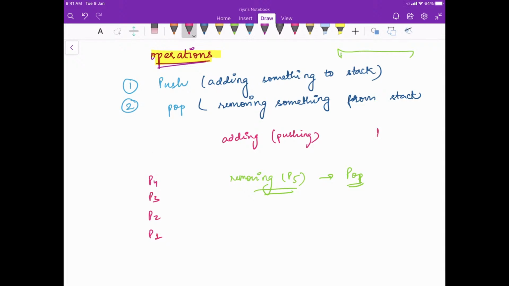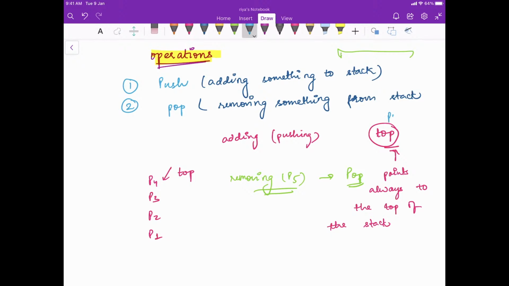Now I also have a pointer by the name top. ठीक है, let's say there is a pointer by the name top, and this pointer basically always points to the top of the stack. All right, there is a pointer. Okay, this is going to be a pointer which is always going to be pointing to the top of the stack. All right, that is the objective that we are going to have today.